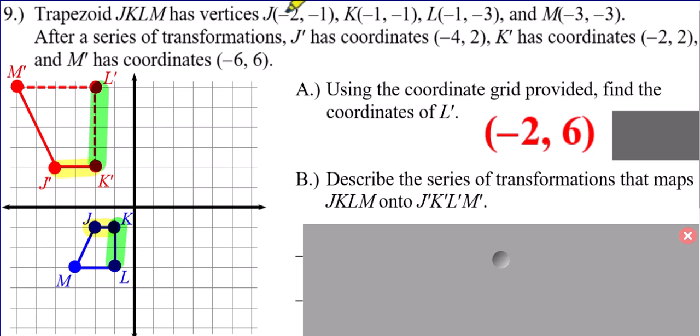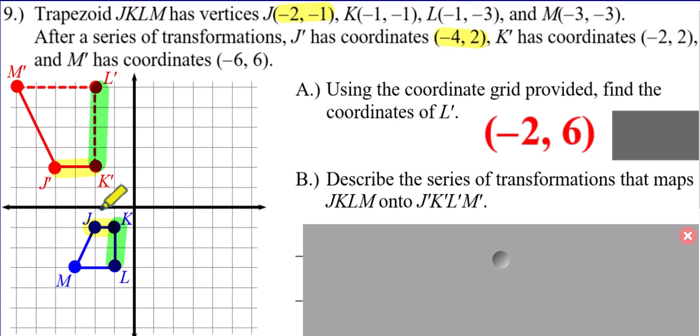The coordinates here. J was -2, -1. Now it's -4 and 2. Now, I know the y coordinate's now positive, but there definitely appears to have been a multiplier of 2 for the scale factor. But it's not just a multiplier of 2, because it's now up in quadrant 2 instead of down in quadrant 3. So you have to figure out, is this a rotation or is this a reflection about the x-axis? Well, if I rotated it